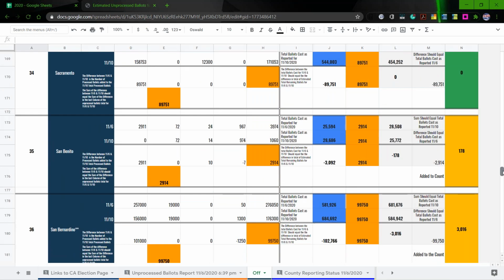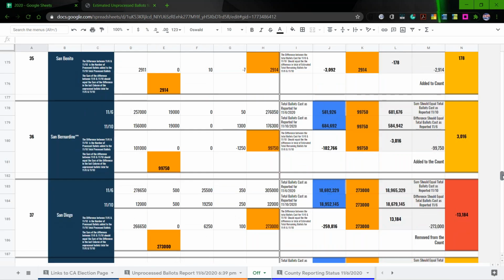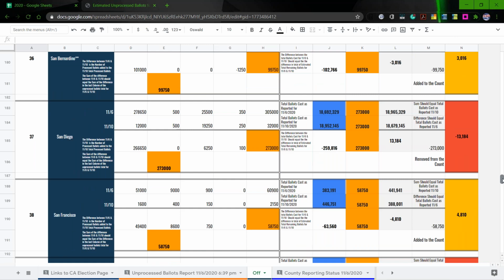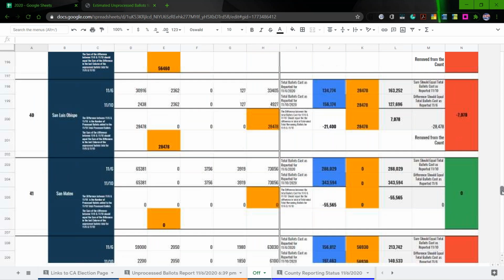This should outrage every Californian in this state. Democrats, Republicans, independents, all of us. It doesn't matter what party you're from. What if one of these was your ballots? What if one of these numbers was your ballots if you live in San Diego? What if one of these was yours for San Joaquin or San Luis Obispo? Like, seriously? What is going on here?